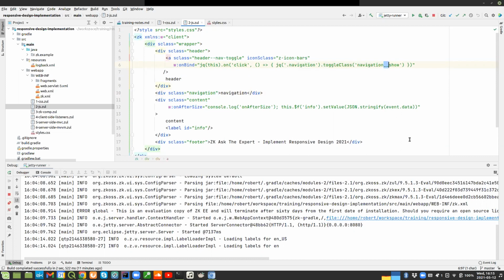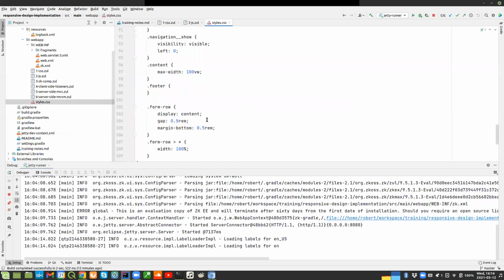These double underscores are just a pattern I'm trying to follow, which is BEM. It stands for block, element, modifier. Because this one doesn't have a sub element, it's just a block, the navigation block, and the modifier is show, or you could call it visible or shown. And this is just a sub style. In the styles we can see